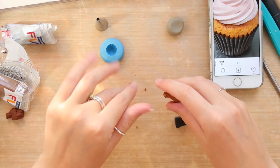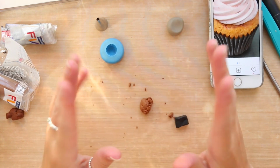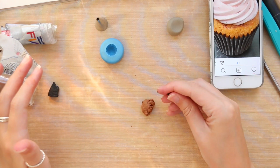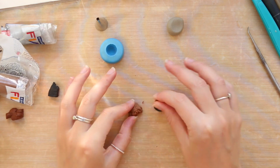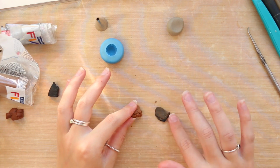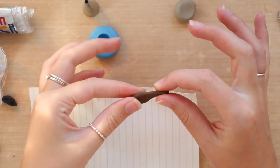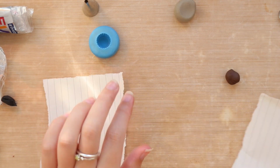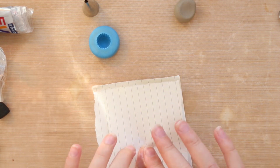So while I've been rambling away, you guys have been witnessing me struggling seriously hard to condition this brown clay. The cupcake base colour is quite a unique dark brown, and I wanted to mix a colour really similar, but it turns out all of my brown clay is solid or super soft. Whenever I'm working with super crumbly clay, I tend to mix or condition it by pressing it into my desk because I find it a lot easier than using my hands, and it's a lot less stressful on my skin. After I mixed it, because the craft gods think they're hilarious, it was then too soft to work with. I know it was only going in the bottom of a base mould, but I hate when you pop a cupcake out and it does that weird stick thing and then it has the texture on the base. Let me know in the comments if you know what I mean